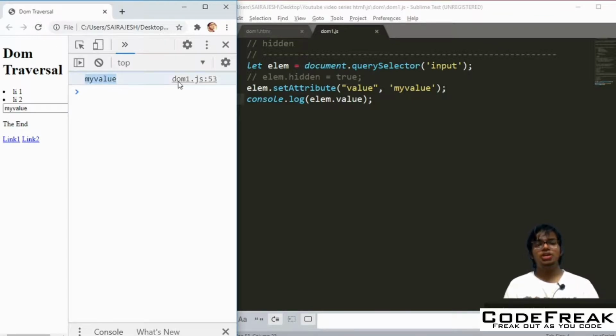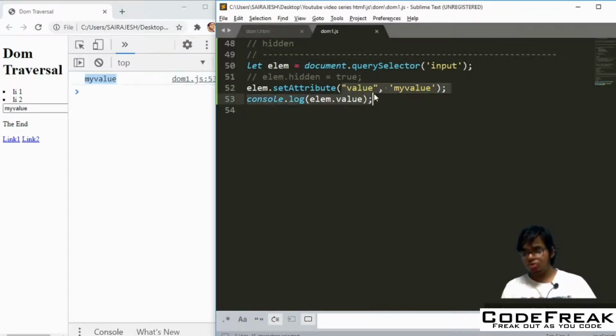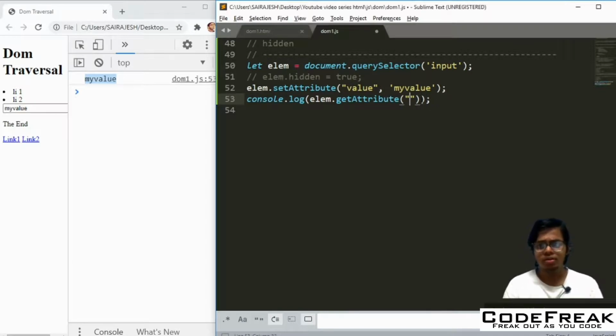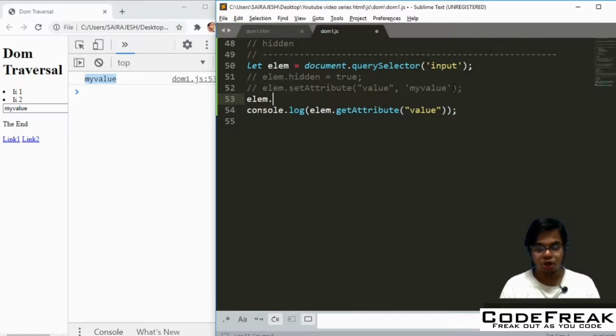See, it's changing. So when you do this set attribute, it is changing. So you can see that this is working and it is changing just like normal things. Say now instead of this, I do get attribute value here, and here I just comment this out and do lm.value equal to, maybe again my value, something like that. It doesn't matter.